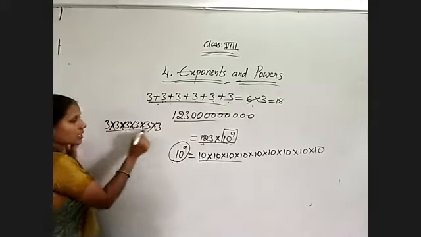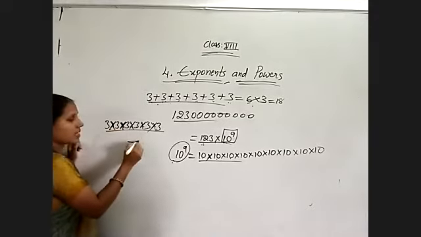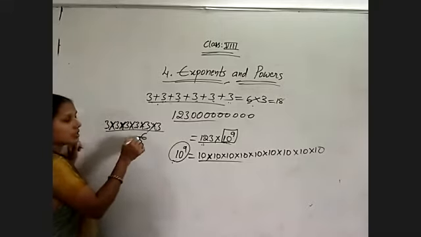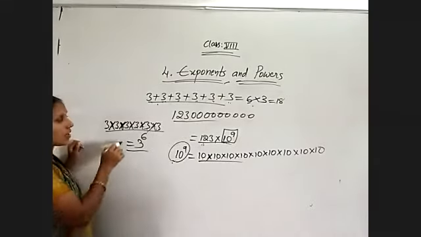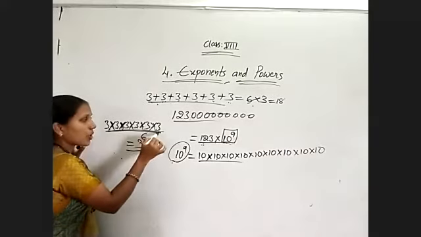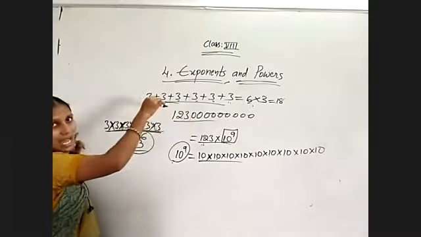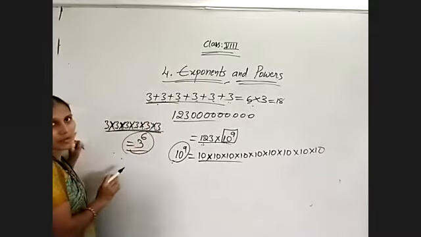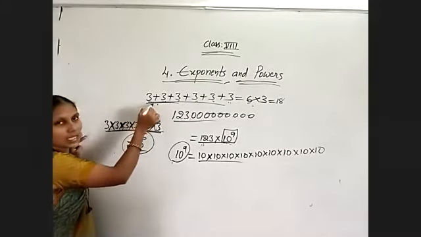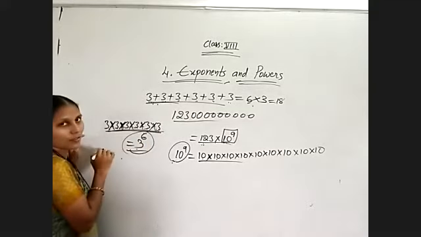Now I want to express this in the exponential form. Which number are we multiplying so many times? That is 3. How many times is it multiplied? 1, 2, 3, 4, 5, 6. So we simply write the product form in the exponential form. Whenever we get the product form, only then can we use the exponential form. If you get addition of the same number, do not use the exponential form. Remember this, otherwise you will get confused. In simplified form it is 3 to the power of 6.